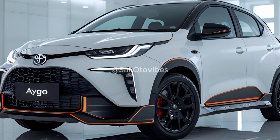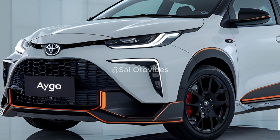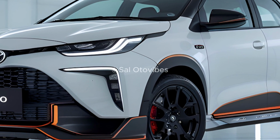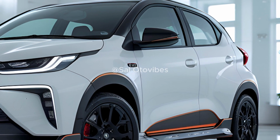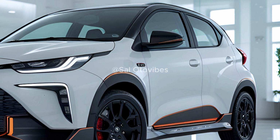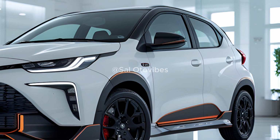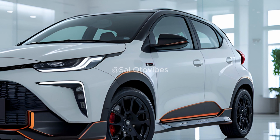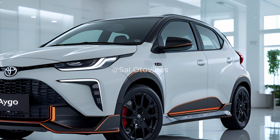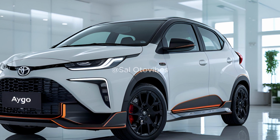The automotive world is abuzz with anticipation as Toyota continues its electrification journey, with the Toyota Aygo X 2027 emerging as a compelling compact crossover that blends urban practicality with advanced hybrid technology. Though Toyota has yet to confirm full specifications for the 2027 model, recent developments suggest that the Aygo X will build on the success of its latest hybrid iteration, which already claims the lowest CO2 emissions of any non-plug-in car in